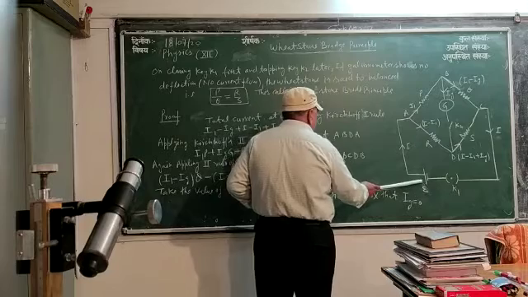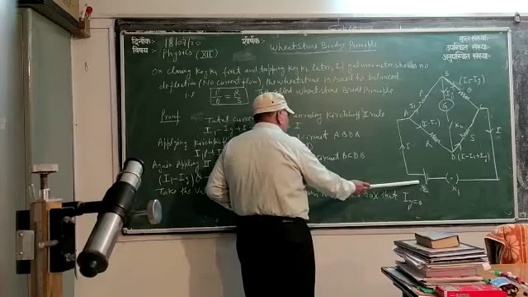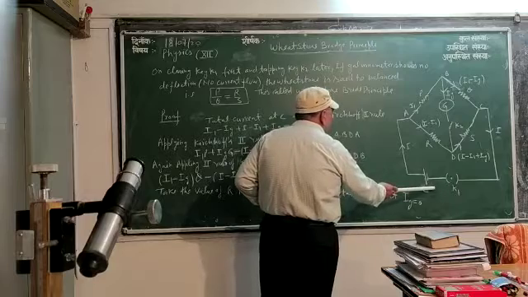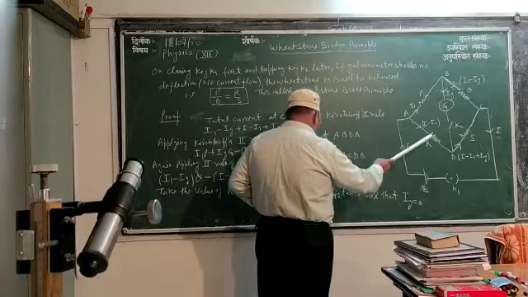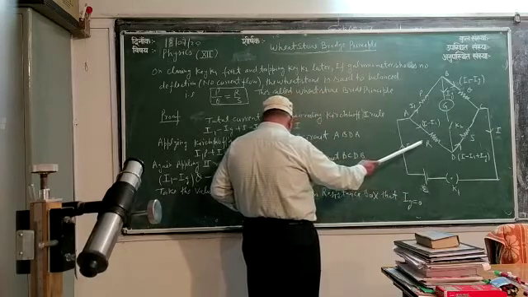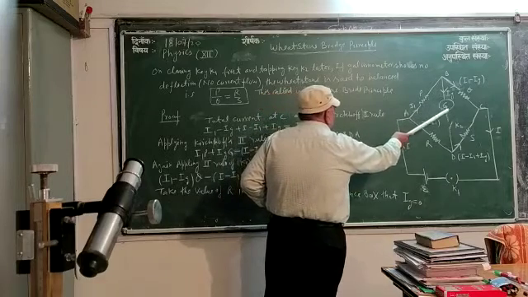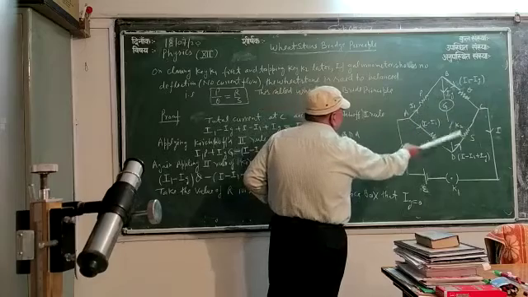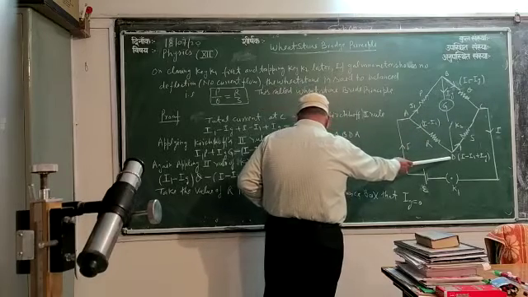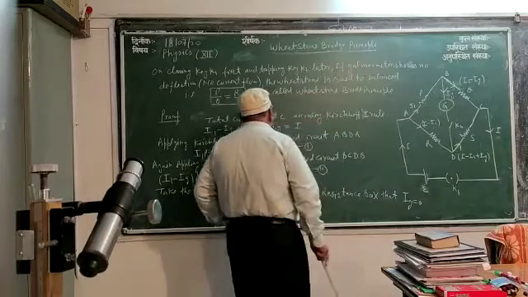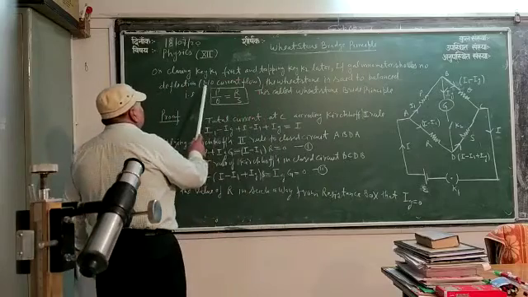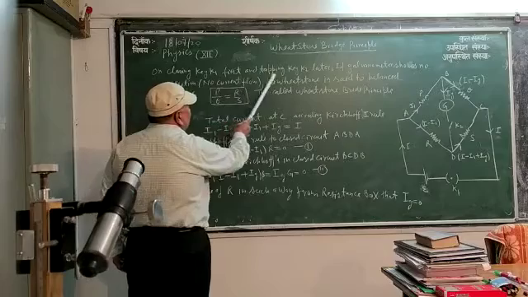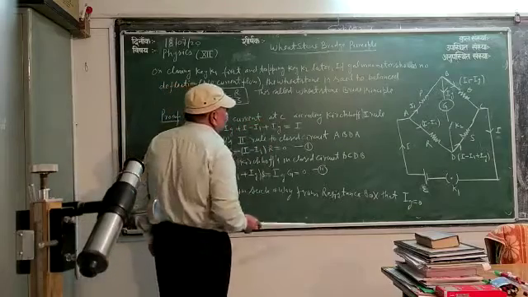Here E is the cell, and a one way key. These two are connected between points A and C. A galvanometer G and a tapping key are connected between points B and D. Here, on closing key K1 first and tapping key K2 later,